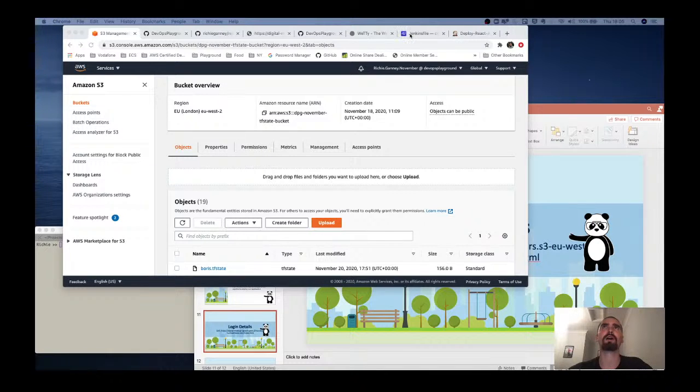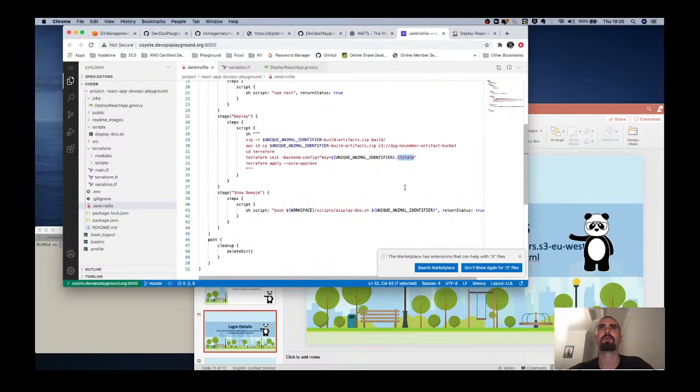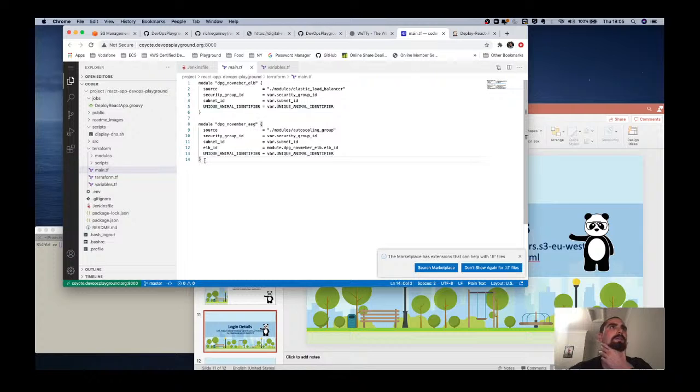So once you've defined actually where you want your state, where you want it to be held, then you just click apply. So it's Terraform apply auto approve, and now it's going to go through this Terraform directory and actually apply all of that. So what it will do, it will run this main here, which is calling two modules. So we've got